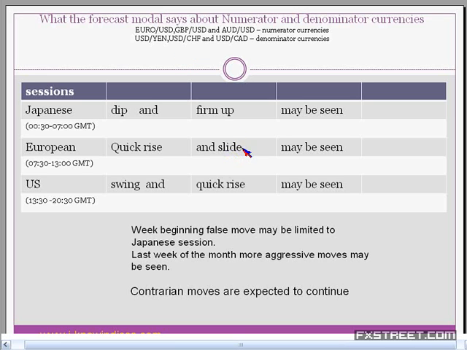Then subsequently, the players continue to gain the levels during the US session. So always keep in mind that when they say the market is bullish, it doesn't mean that continuously they will rise the market. If the market is bearish, it doesn't mean that the market is expected to continuously drop. Always they will try to make the swings. So in a bearish market, even a buy and sell trader will make money. In a bullish market, even a sell and buy trader may also make money. So be objective with regard to the market